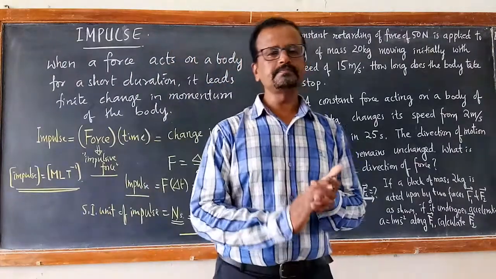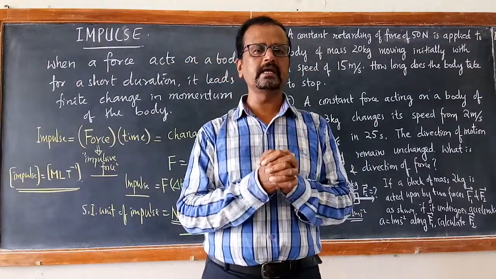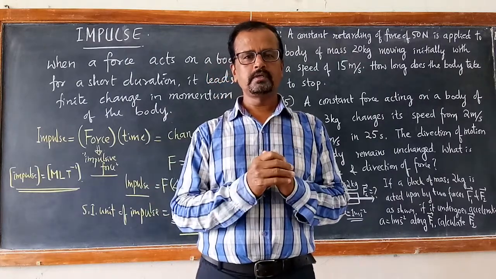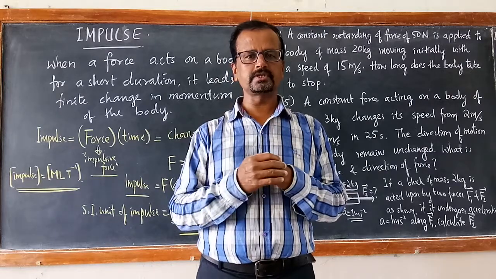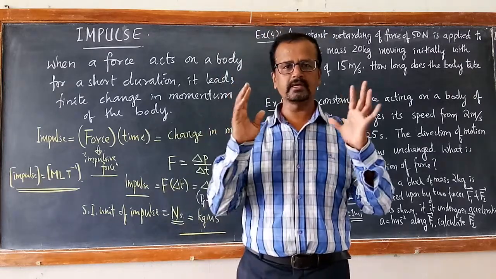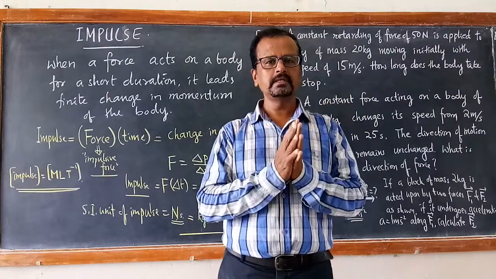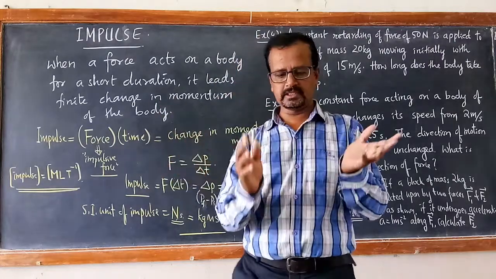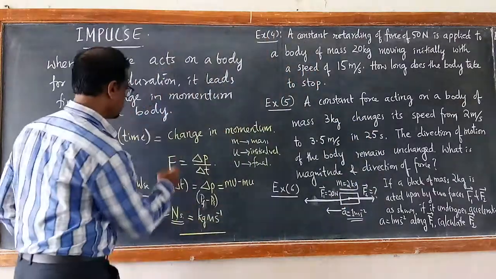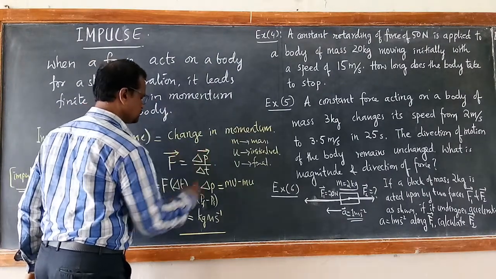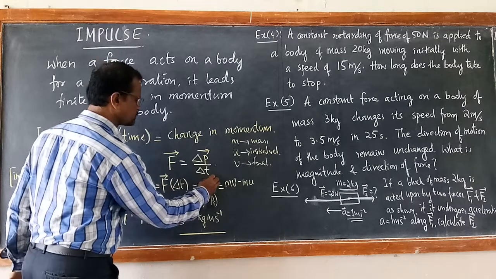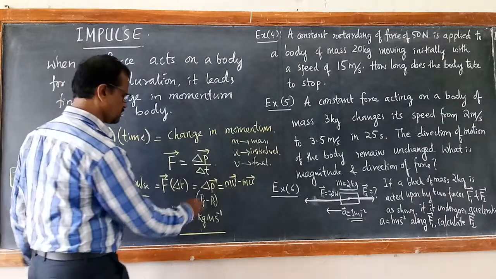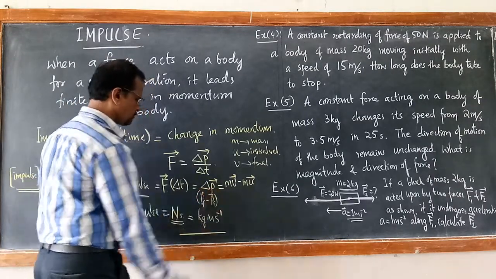Once you know the concept of impulse very clearly, then we will be able to solve very interesting problems, that we shall do tomorrow. In the next session, we will discuss numerical problems on impulse, very important, because we are going to deal with calculation of impulse as a change in momentum. It is a vector quantity. Everywhere we need to write with the vector notation, mv minus mu. What is the meaning of vector notations? You will come to know clearly once you solve the problems on this.